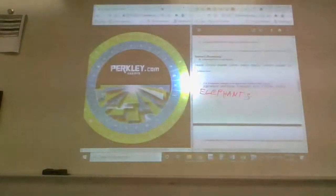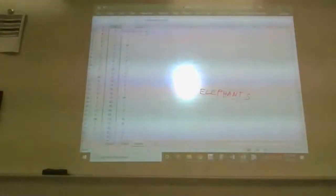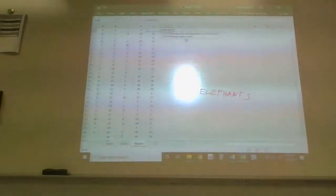I've already typed in the letters. Let's see what this thing looks like. So we know that it was a shift of 5. So equals look up, this letter, this column. Boom. Bring that down here. It was a shift of 5, so equals mod, this number minus 5, comma, 26. Bring that down, equals look up, boom. There's the E. Elephants